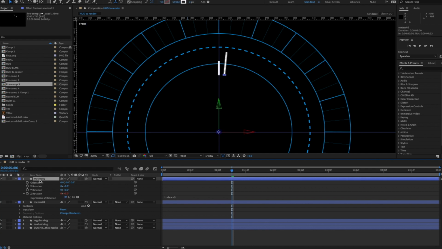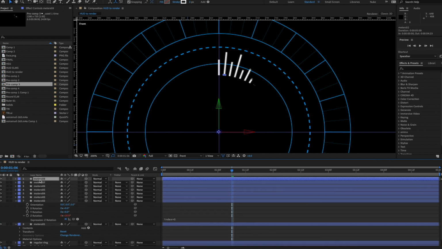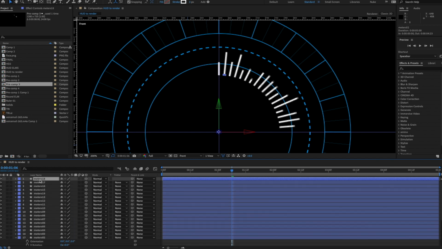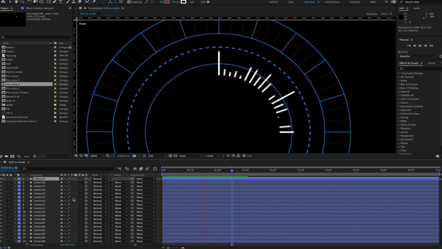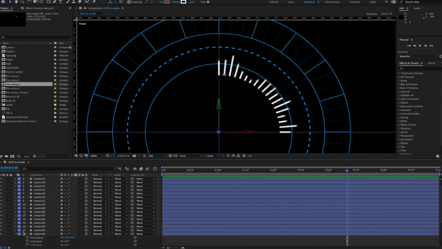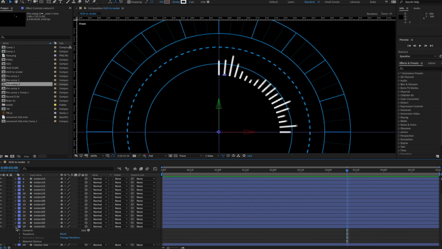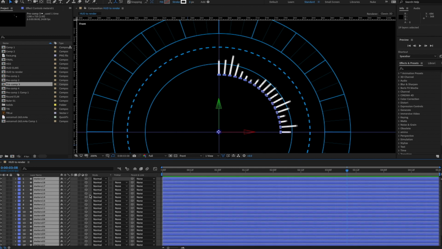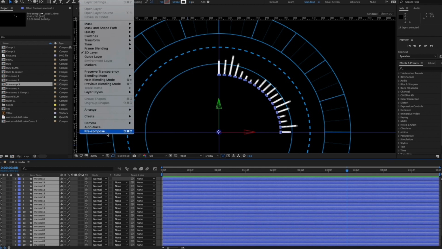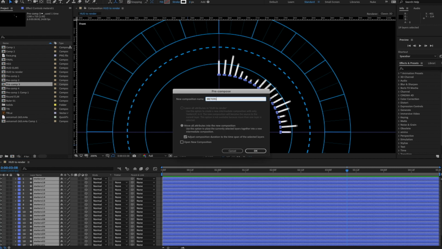So every time I duplicate this now, I'll have a bunch of these guys kind of going across like this. And I'll do as many copies as I want, and get this sort of 90-degree arc here. And if I play this back, I have something that looks like that, for example. So now what I can do is grab all of my meters here and put them all into a pre-comp. And let's call this one also meters